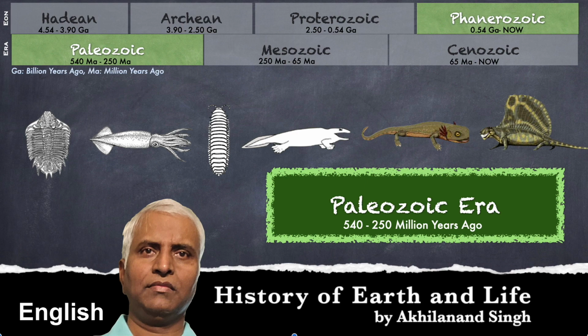The Phanerozoic Eon is the current eon of Earth. We all are living in this eon only. In earlier videos we have covered 4 billion years of Earth's 4.5 billion years history. We would see that life would be easily visible everywhere on the Earth in this eon. The Phanerozoic Eon has been divided into 3 eras, which are known as Paleozoic, Mesozoic and Cenozoic eras. This video is all about the events happening in the Paleozoic era.